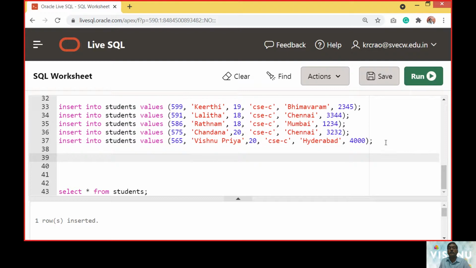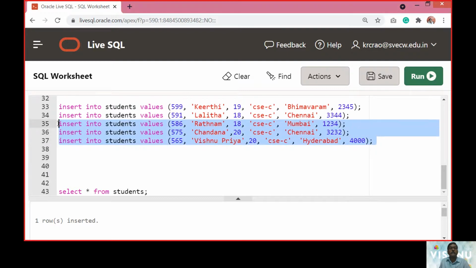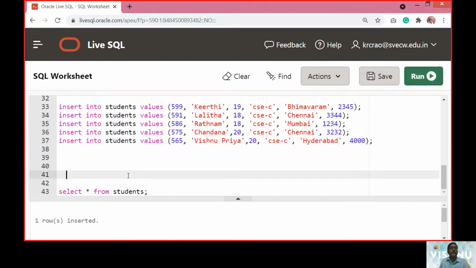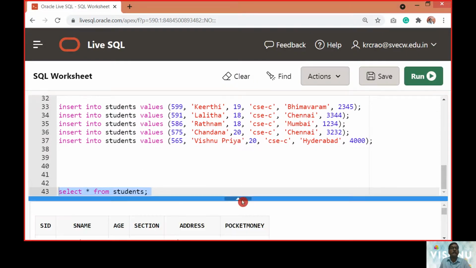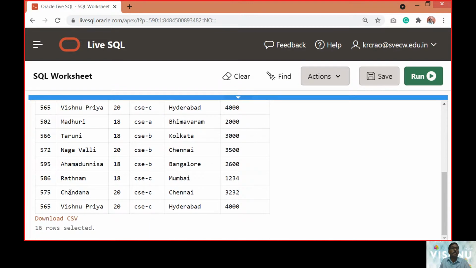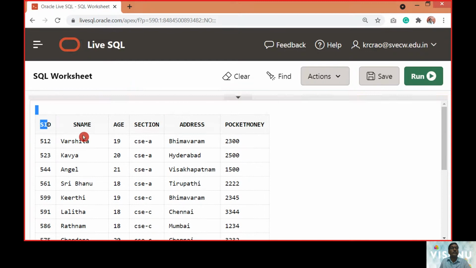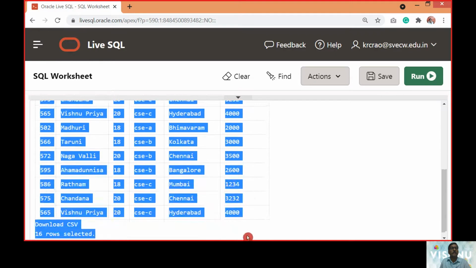Let us check whether these three rows are inserted, and now let us see whether all the rows are going to be inserted or not. For that we can check this table. So we have 16 rows, 16 rows are inserted.